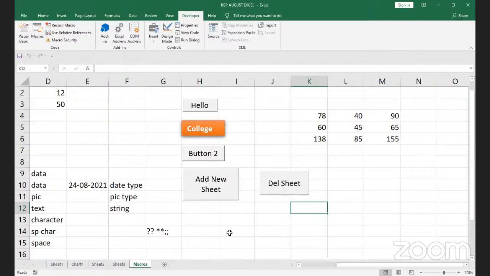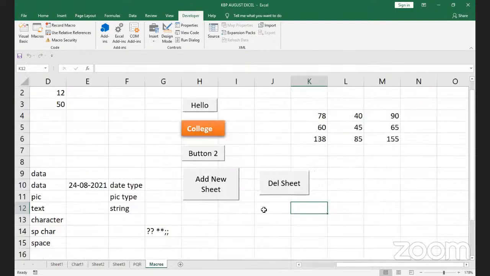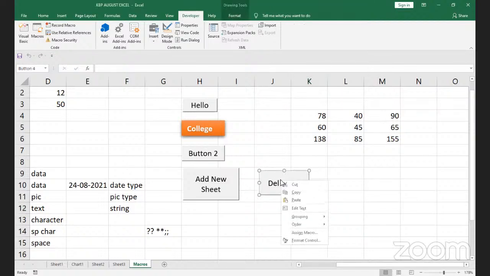That's what we have learned today. To add a new sheet, you click here. So a new sheet will get added. To delete a sheet, you click here. So that sheet will be permanently deleted with the help of macros. Okay, tomorrow we are going to learn some calculation. Before that, I just show you, if you click this button,